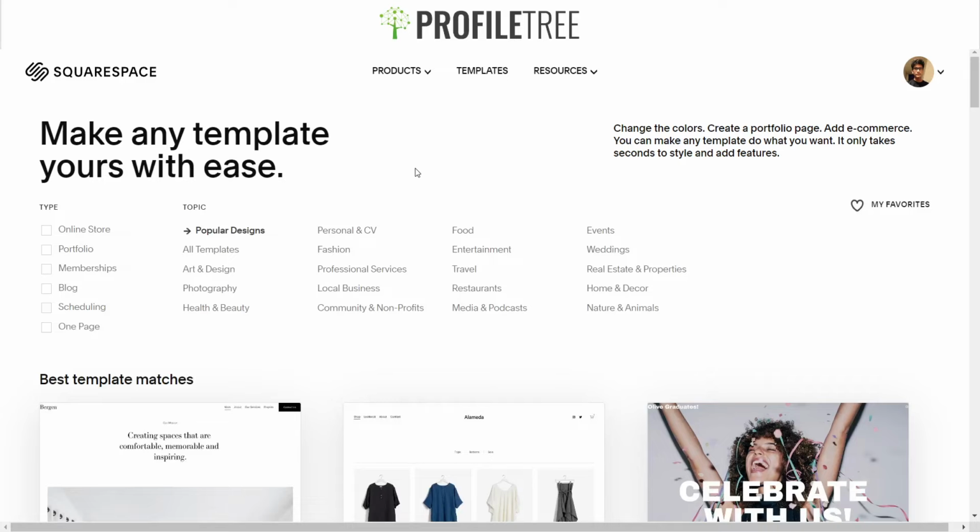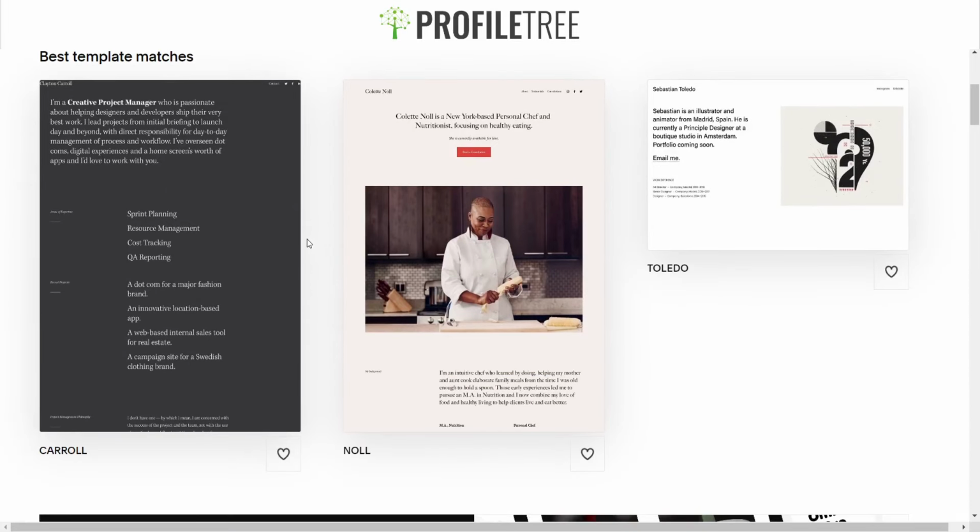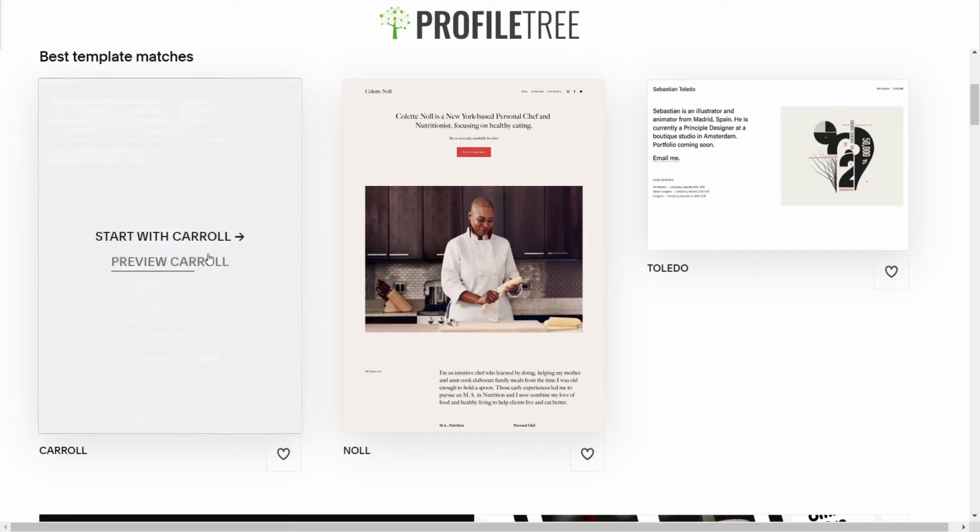Now, this is the initial place you will be going through, especially if you've created an account with Squarespace. Now, the interface, I must say, or the navigation is a little bit confusing at times, especially since they have changed a couple of bits and pieces around, like the use blank template. But anyway, they do have an area here where you can go ahead and filter out. So they've even got one there, as you can see, personal and CV. And if I select that, they are very minimalistic websites. However, it gets straight to the point and gives you an overview of what you can create. So say we go ahead and view this template,